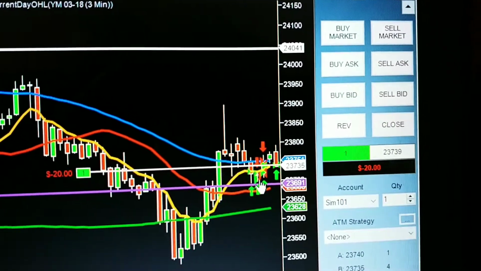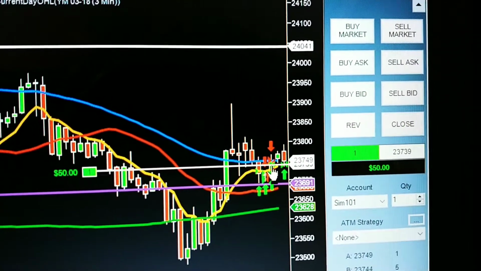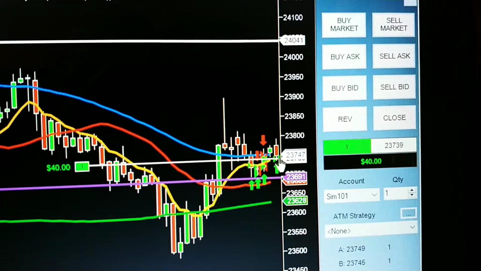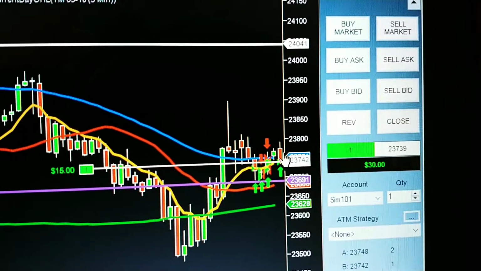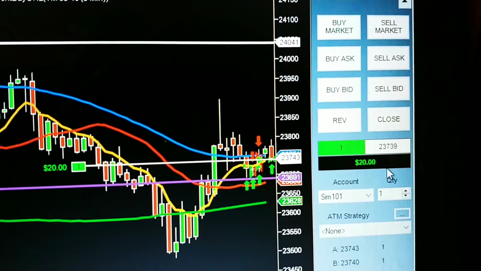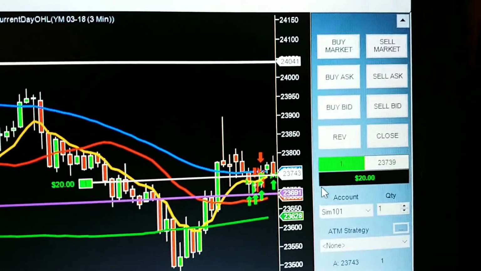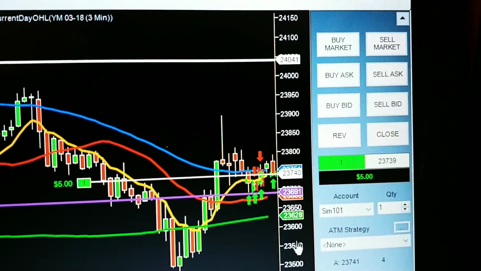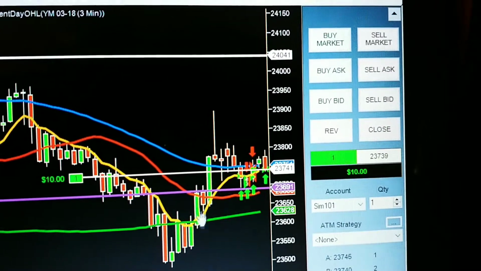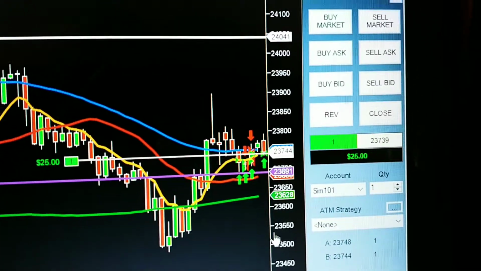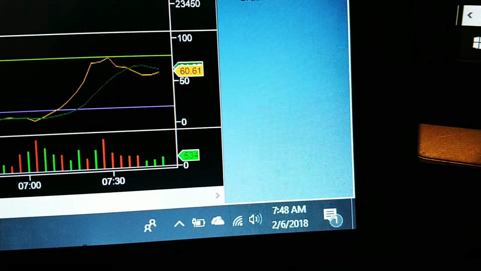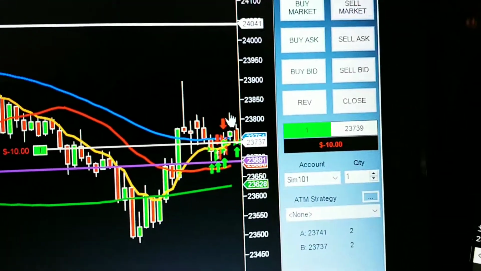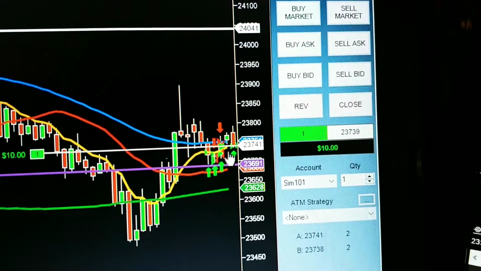So now I want the market to go up. See, it's going up, and as it goes up, we make money on it. So that's the beauty of the futures market. You can buy and sell, and you can do it back to back if you want to. It's not always smart to do it like that. 7:48. Let's see. Now we want it because this 8